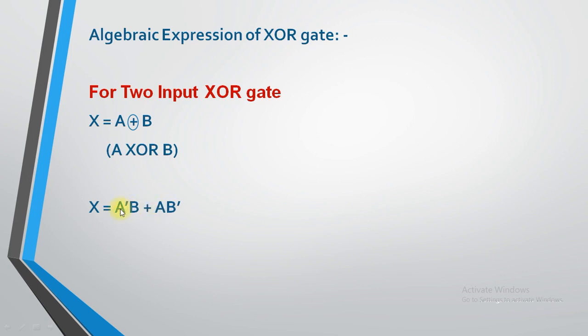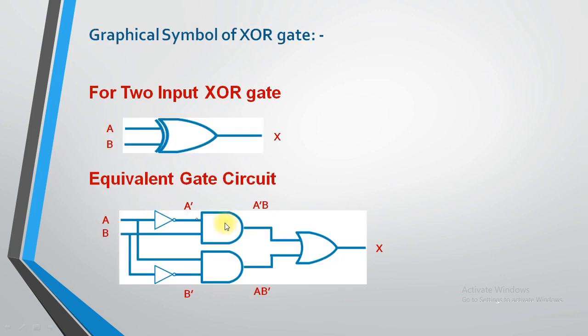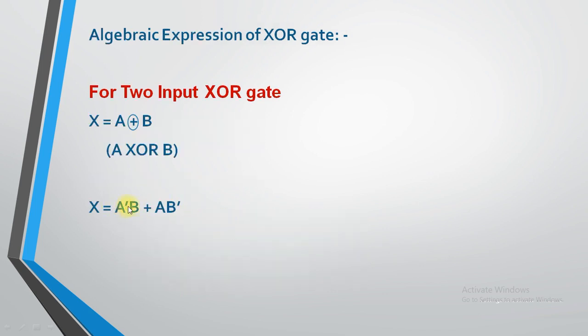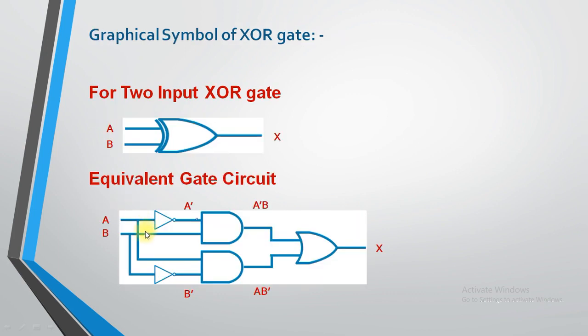So how many AND gates are there? This one and this one. So we need to draw two AND gates and one OR gate over here, because there is one plus sign in the equation. I have drawn two AND gates over here and one OR gate over here. With the first AND gate, A dash B I need to pass. So for that I have drawn one line and put an inverter or NOT gate over here and pass it into the first input of the AND gate.